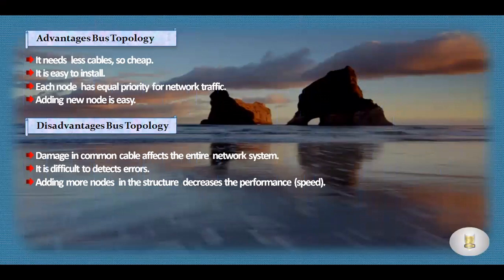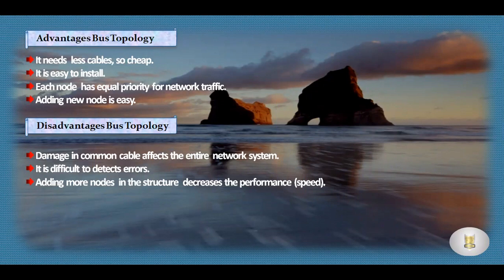Now let's discuss the advantages of bus topology. Number 1, it needs less cable, so it is cheap. Number 2, it is easy to install or create. Number 3, each node has equal priority for network traffic.